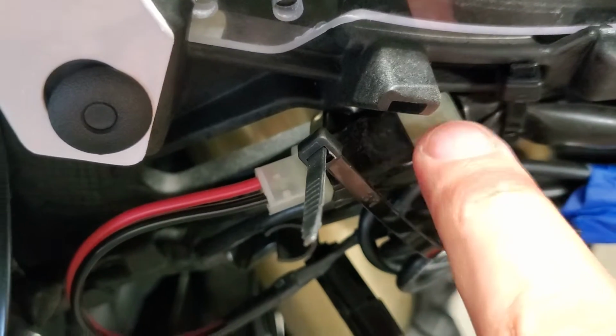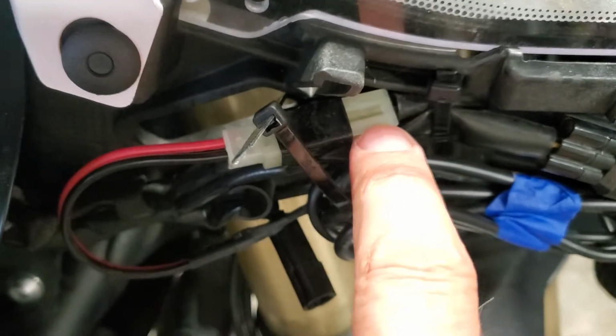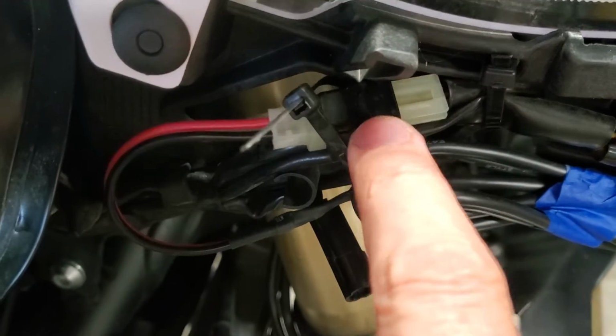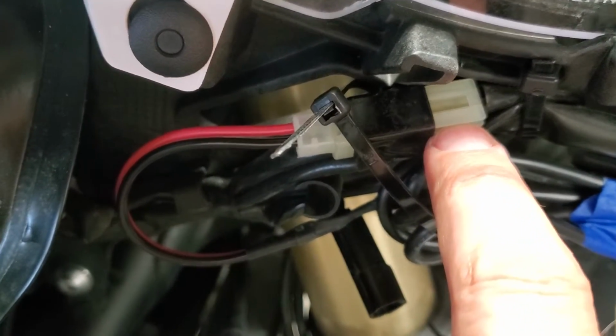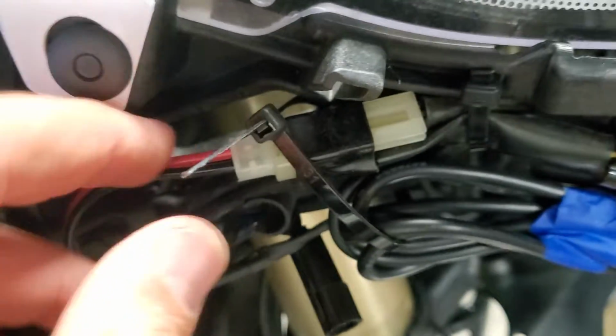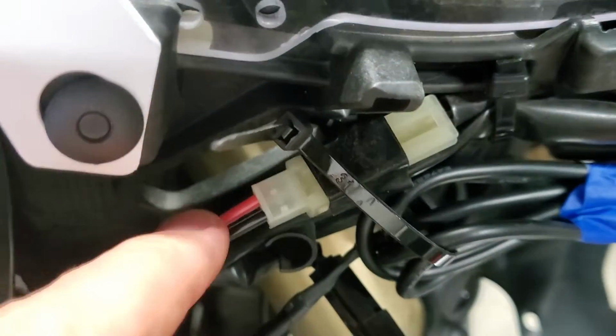This is already on the bike, at least in my case, and it seems to be in other bikes too. Now, here's the tip for you. See that groove? This thing was taped in there, and I left it there just because I could work with it there. The groove. So the groove being in that direction, if yours is the same, that means the hot